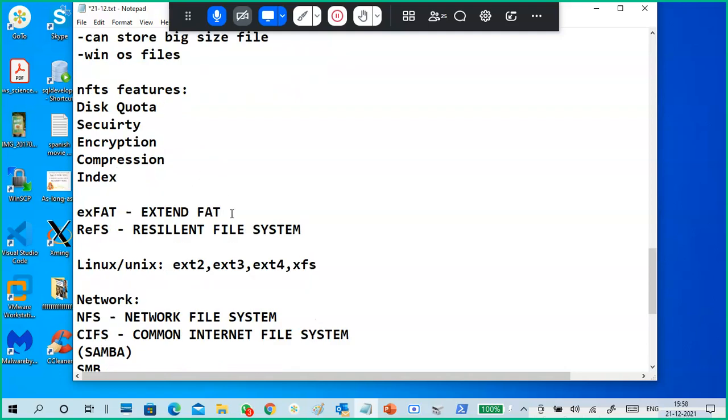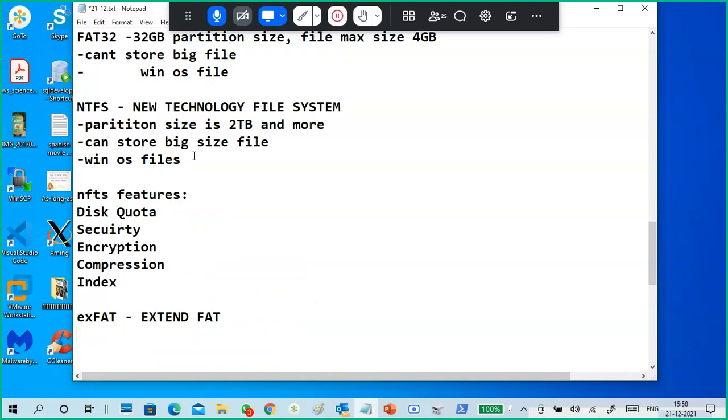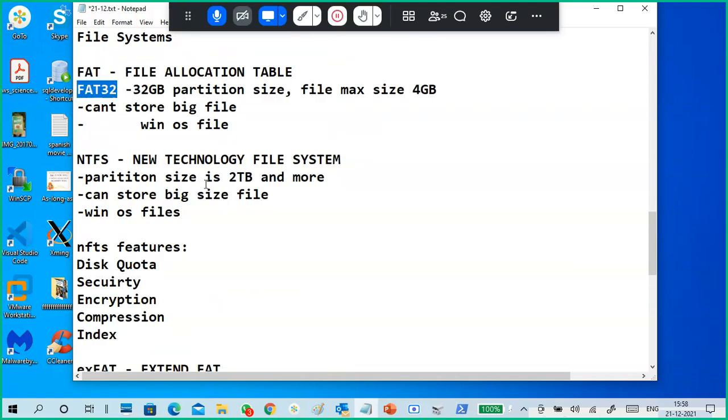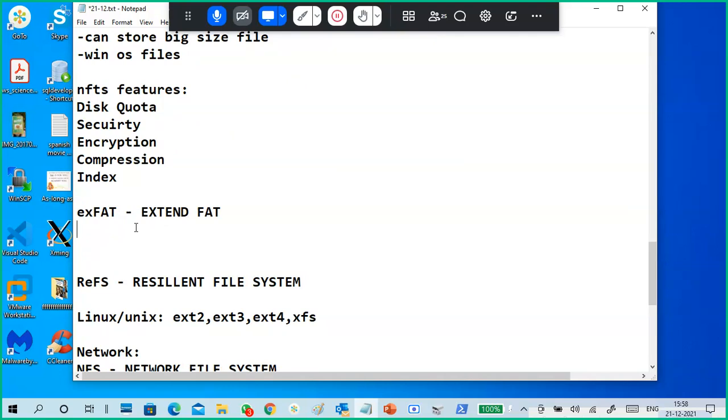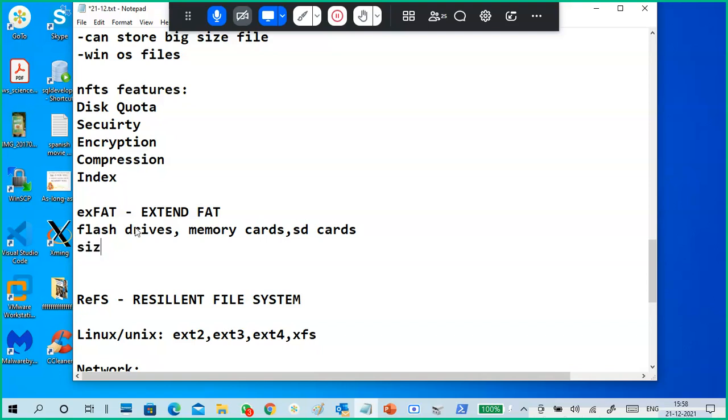Okay, so what is extended FAT? FAT maximum support is 32 GB, but nowadays we have memory cards like flash drives, SD cards, whatever name you call them. The size is like 64 GB, right? Your mobile phone's extended memory is 128 GB, 256 GB SD cards are there.